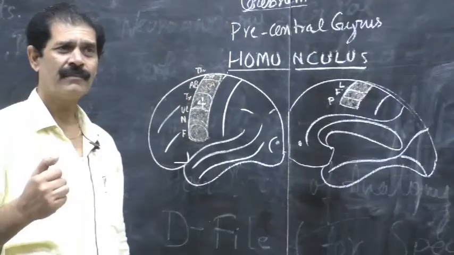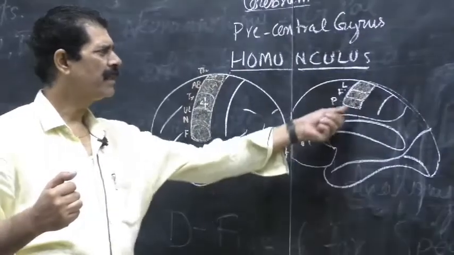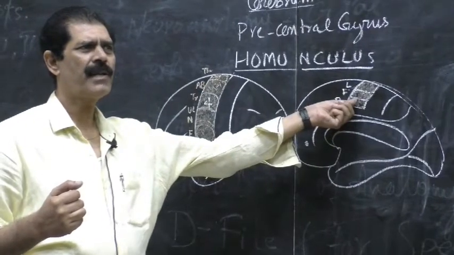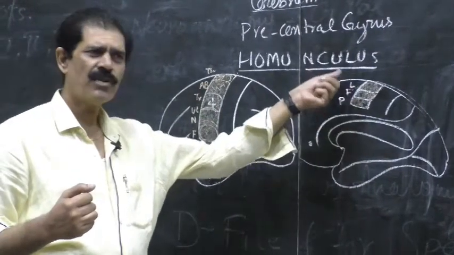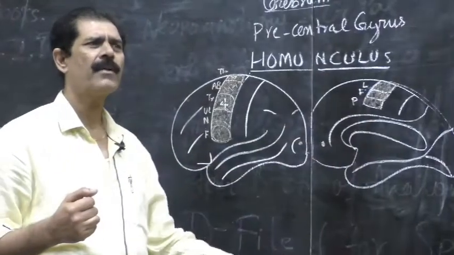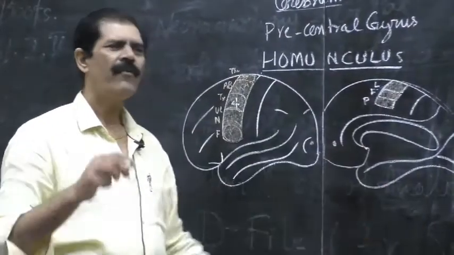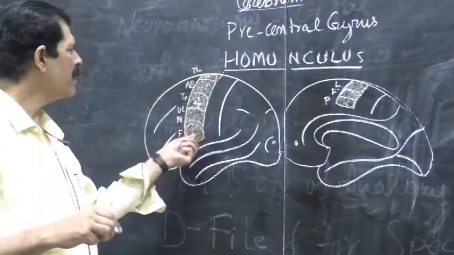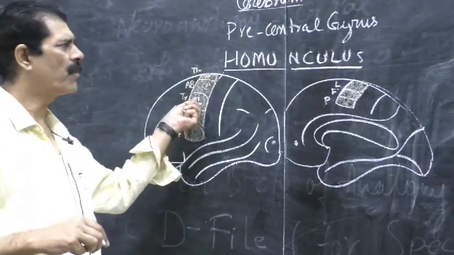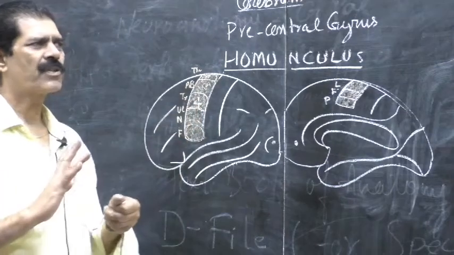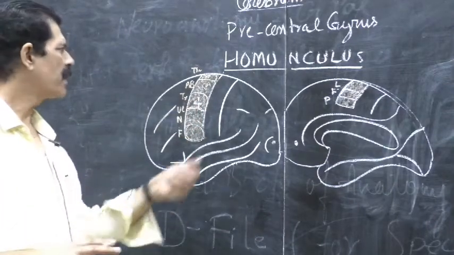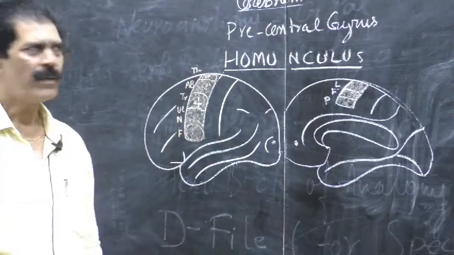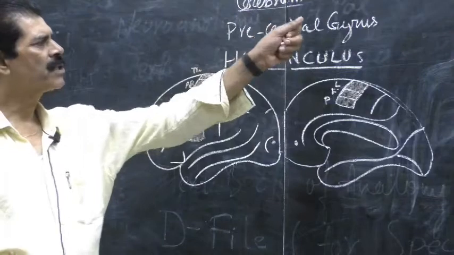It means the gray matter, the nerve cell body with the dendrites, cytoplasm and nucleus, is lying here. The axons which go downward into the spinal cord as corticospinal fibers will end in the muscles of the perineum. So that's why we represent each and every muscle of the human body from head to toe. That is the function of the precentral gyrus. It is also called cortex. Cortex means again the gray matter. That's why the name is corticospinal tract.